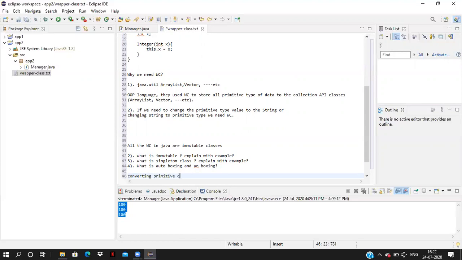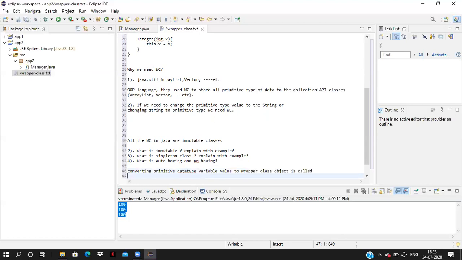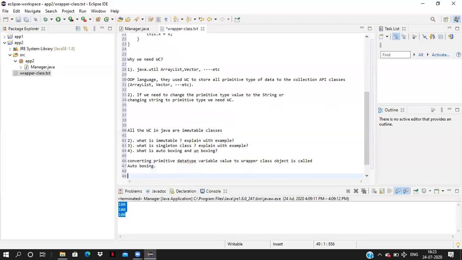Converting primitive data type variable value to wrapper class object is called auto boxing. The opposite of auto boxing is auto unboxing.